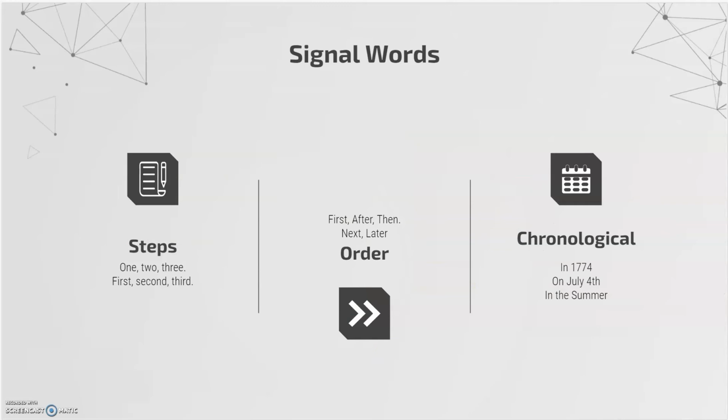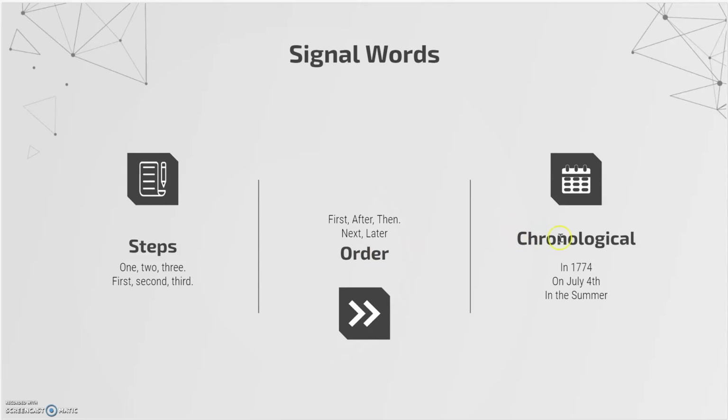We're going to have some signal words. So if you see headings that say steps, like 1, 2, 3, or first, second, third, then you're definitely in a sequence text. It might also be order words, things like first, after, then, next, later, right? First, we're going to do this. After, we're going to do that. Or first, this group did this. After that, this group did that, right? And finally,